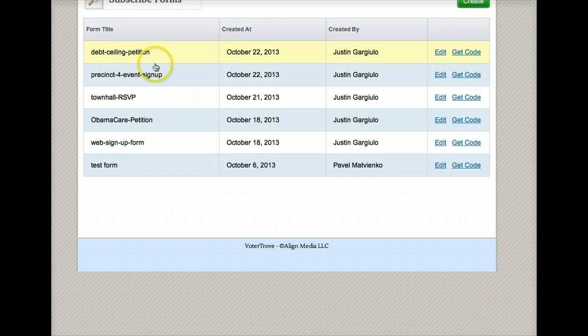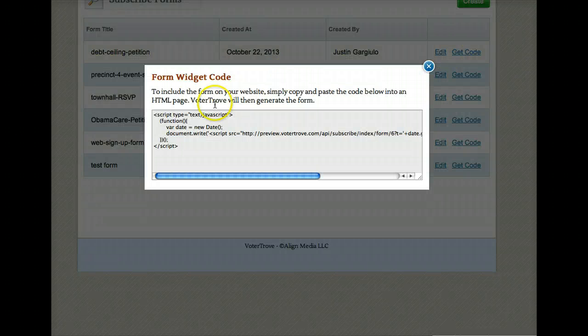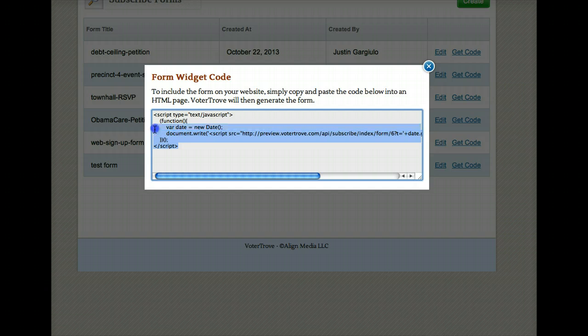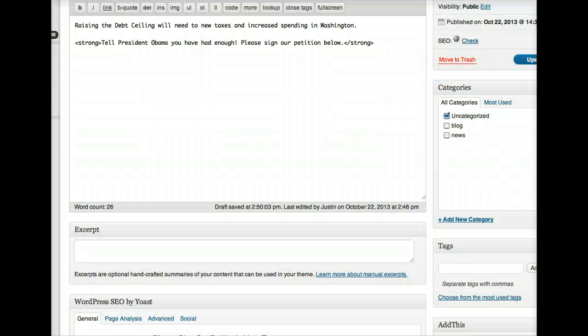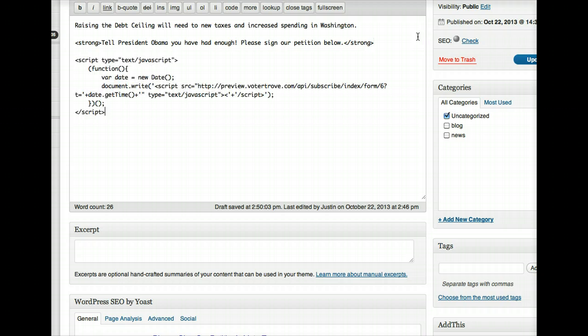So now to put this on my website, the only thing I need to do is click get code, and you can see it pops out your code here, and this is the only thing you're going to need to put on your website. So I'm going to copy that, and now I'm going to go to my website here. This is actually our VoterTrove website. It's a WordPress website, and all I have to do is paste my code in here. I'm going to update my page,